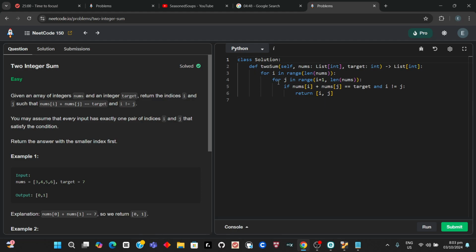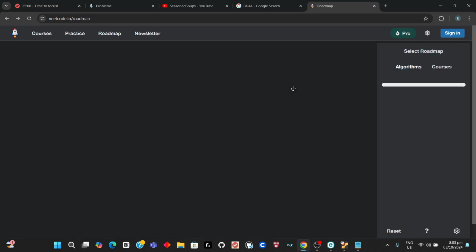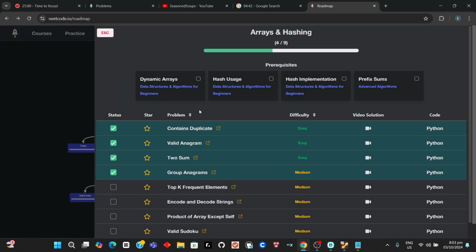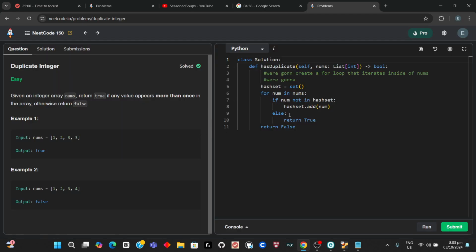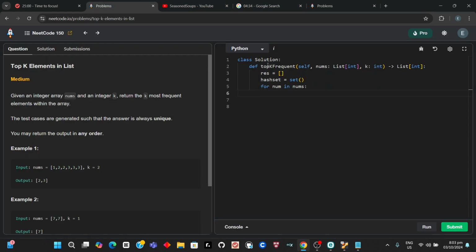No, also not. I did brute force. Contains duplicate. There we go. Okay, we're gonna add the current number,